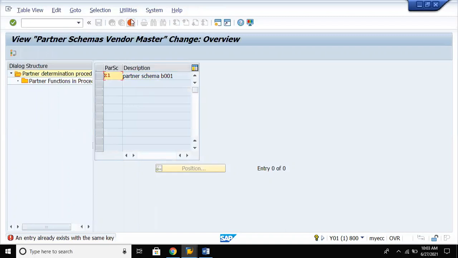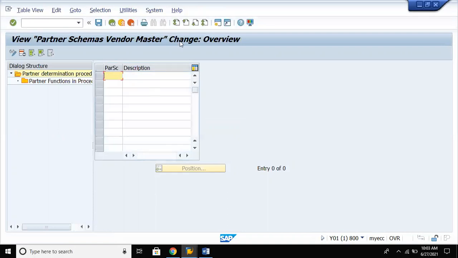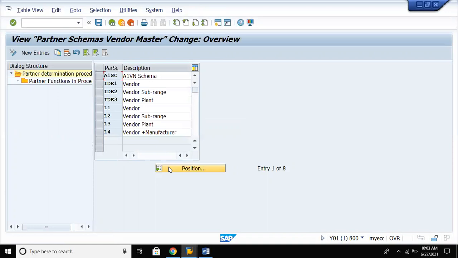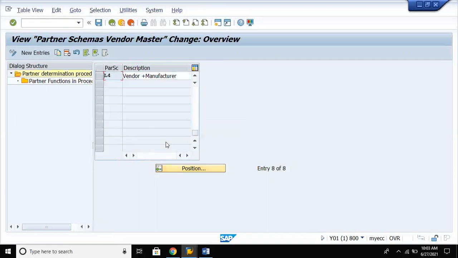It says an entry already exists. So if it exists, let us go and copy the available data. Position on Z1, click on Copy As. We'll remove that and write Z5.